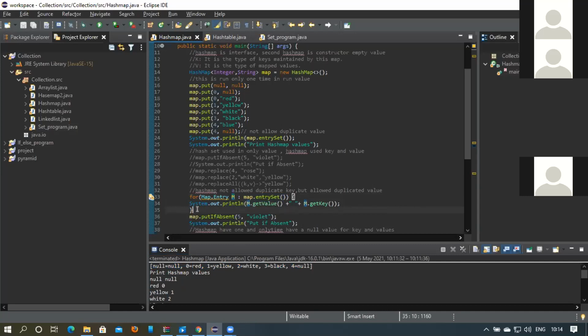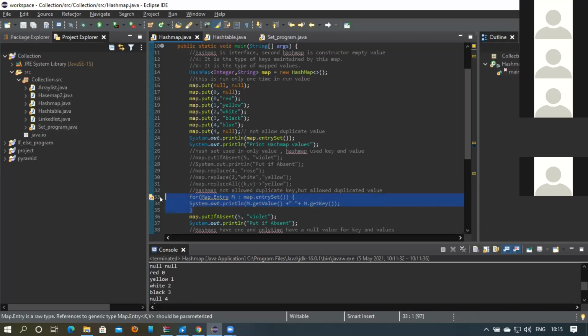So what we tried to do is print the complete collection, meaning the complete HashMap collection values. That's why we used this Map.Entry, iterating over map.entrySet, so that we got all these particular values. Did you understand what this for loop has been printing? It allows only unique values, right? The key will be unique. Then we accept the second overlapped value, that is 0 null, 0 red. Then 0 red will be taken. That is the concept, right?